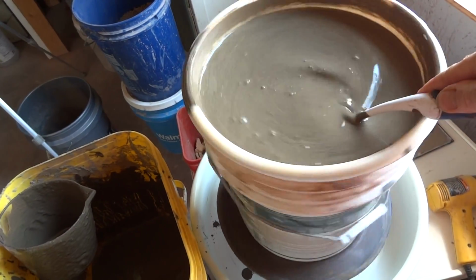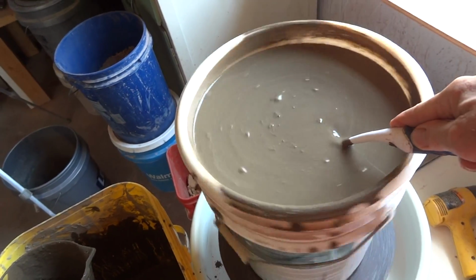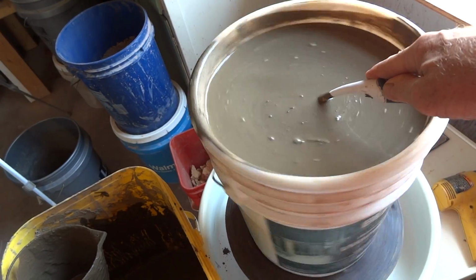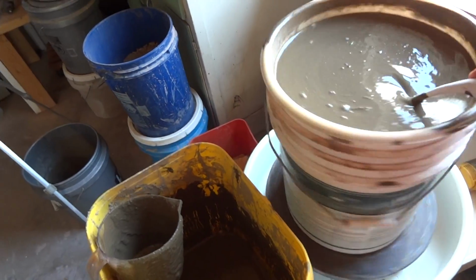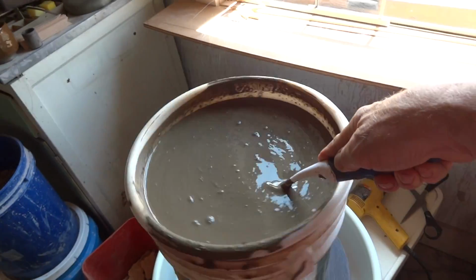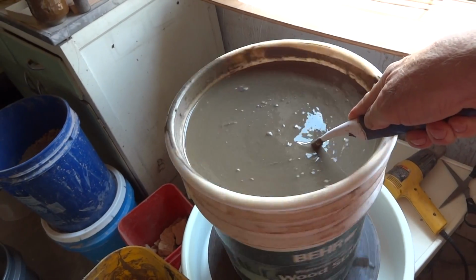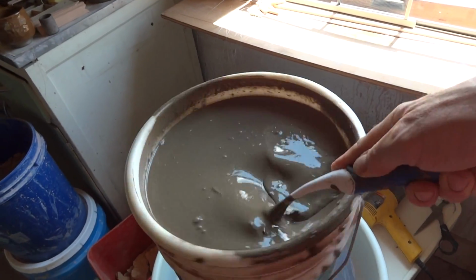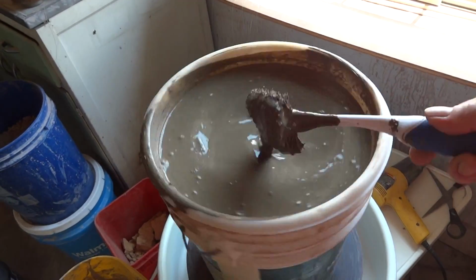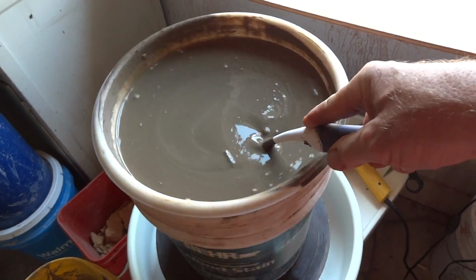So actually I may need a... this will push it through the sieve somewhat quicker. Sometimes I have another hand free to hold another tool in there at the same time, but today I'm holding the camera, so I can't do that. But if you can imagine using both hands, and in the other hand having a credit card or something like that to push it through the sieve. I find these actually are really good for getting stuff through sieves. So just by holding it there, you see, like that, it will...